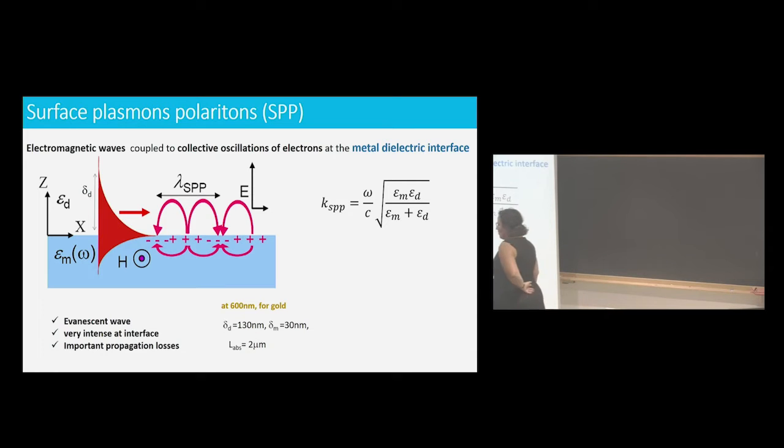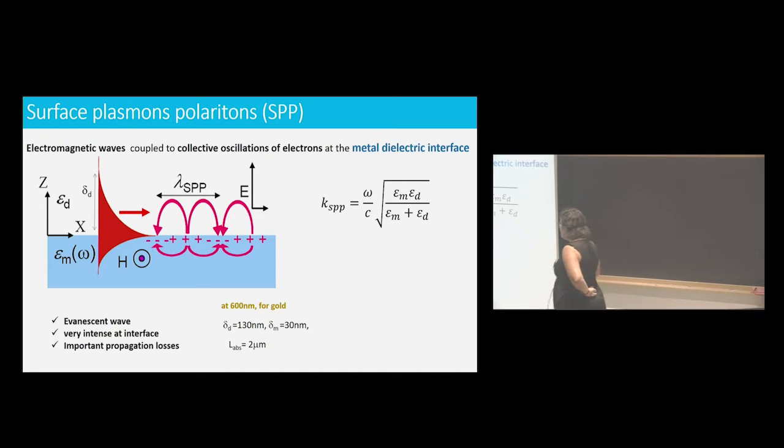You can use the knowledge that you have on these dielectric constants in order to calculate what sort of wave you can excite within the metals. So the first kind of wave that you can excite is a surface plasmon polariton that we will call SPP. And this surface plasmon polariton is a coupling of the electromagnetic wave, I represent it here, and the collective oscillation of electrons. And you have this wave, which can propagate just at the interface.